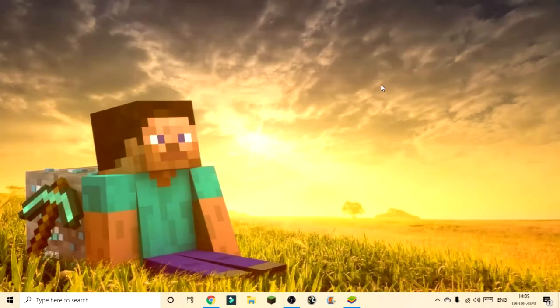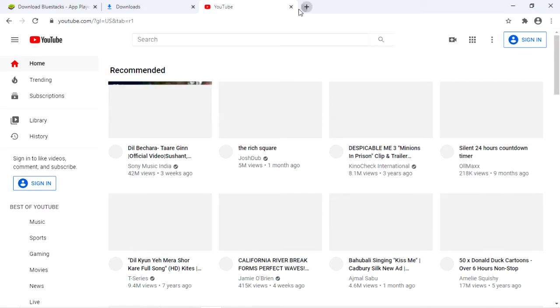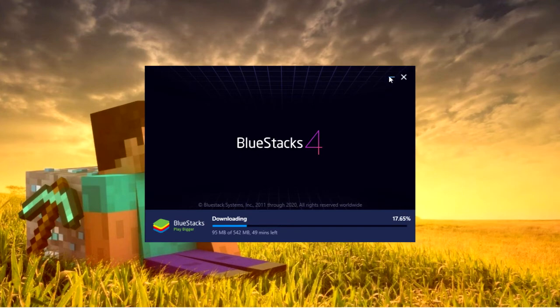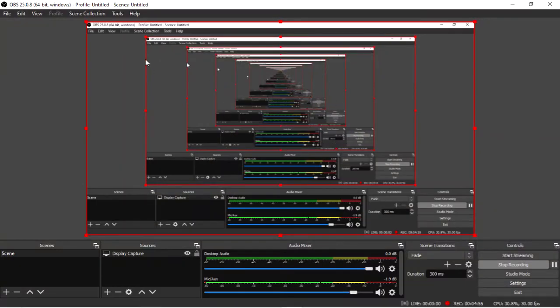Second, guys, in your PC you must turn on your Intel technology, which is there. I'll show you all the photo, guys. Go into your boot menu and do that. BlueStacks will give you the option of hardware acceleration. If you have not turned that on, they will show you steps. Also, go into your boot menu, then go into advanced, go into CPU configuration, and turn on your Intel technology. If you have AMD, they'll show you videos on how to do that after installing BlueStacks. Well, I've turned on my Intel technology, that hardware thing. So guys, just turn that on, to make your PC proper and kind of good.